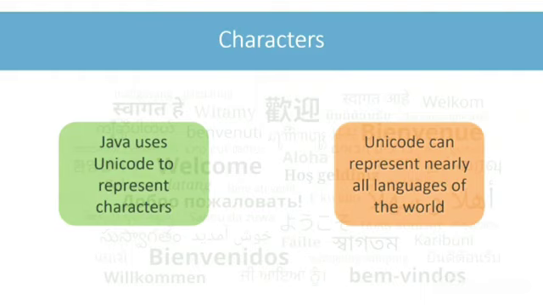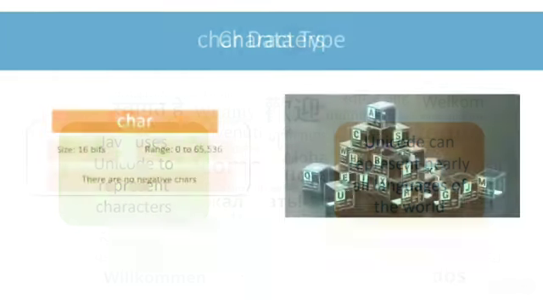It provides a unique number for every character irrespective of the platform, device, application or language. It has solved the problem of uniformly representing characters across platforms and supporting almost all languages within a singular character set. Now that we have some background about Unicode, let's take a look at the character group.